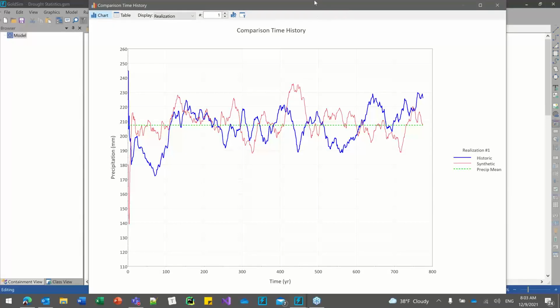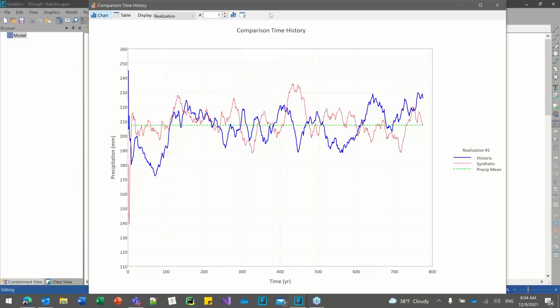And so what you should be looking at, if I've got the correct screen being displayed, is a chart that shows a comparison time history at the top. What you see in blue here is the reconstructed paleo record of annual total precipitation. It's based on a number of various sites, and that's why it's called reconstructed. It shows a comparison to this green dashed line, which is the average over all of these years. On the x-axis we've got nearly 800 years of records here, all the way back to